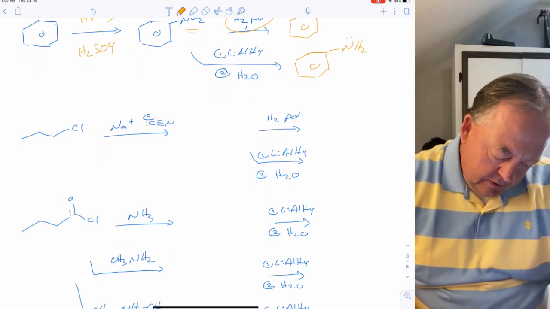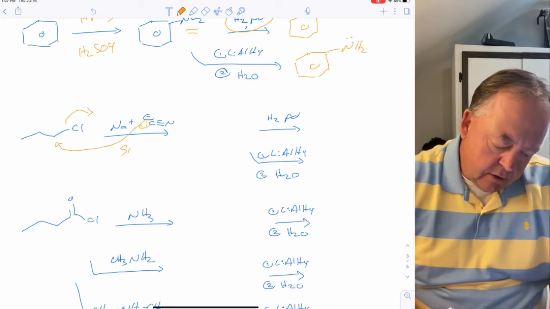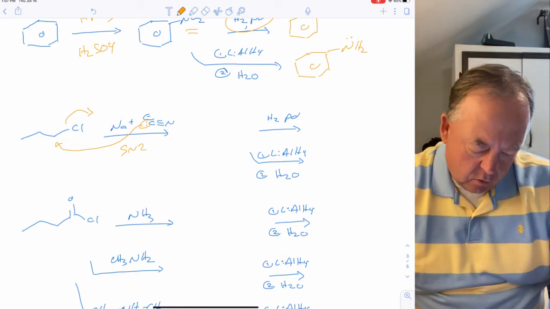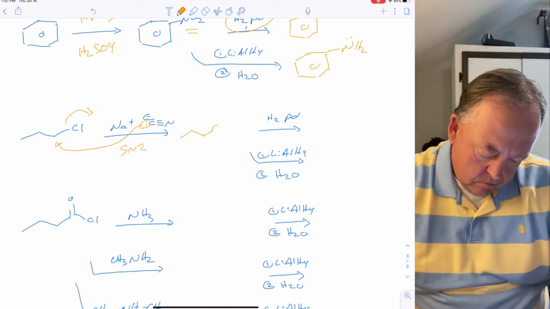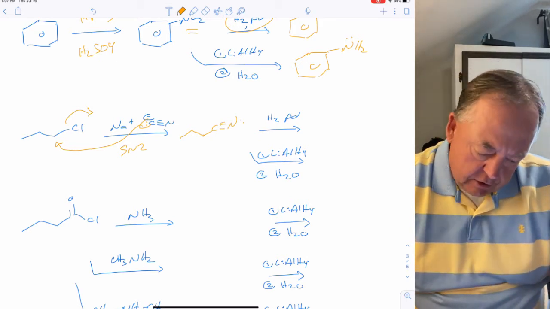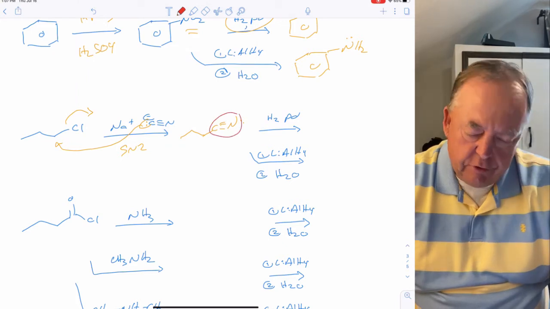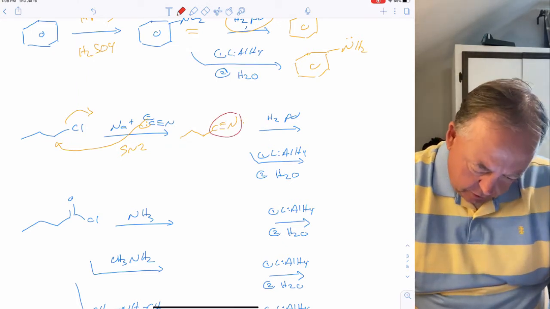Nitriles. If you make a nitrile, so CN is a good nucleophile, right? That will do an SN2, so that's back to organic 1. But once you have a nitrile, then it can be reduced. So the triple bond, you can reduce that to a single bond. So H2 and palladium,